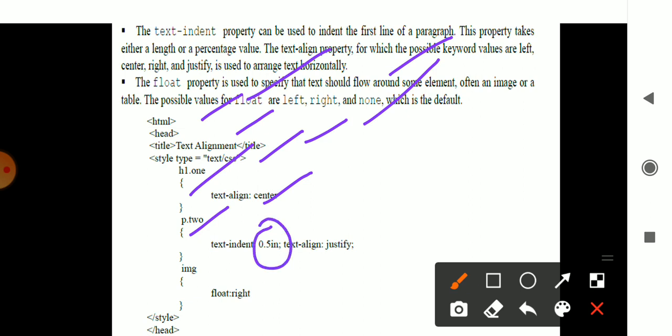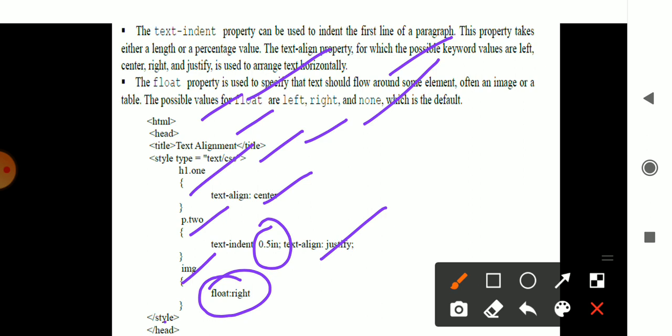Indent spacing is about 5 in, in is nothing but inch, so 5 inches of space is considered. Then text-align is justified. Justified means both sides have the same spacing. And the image in the text is floating to the right, your particular image is moving to the right.